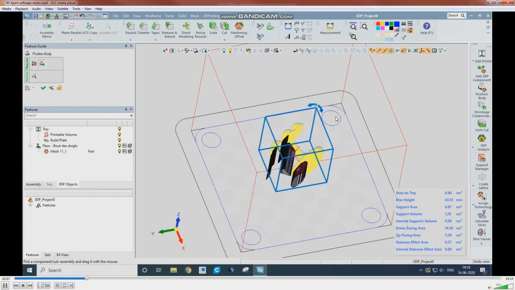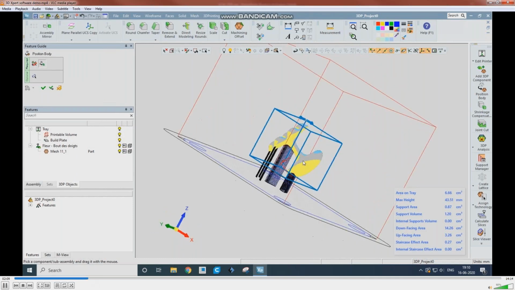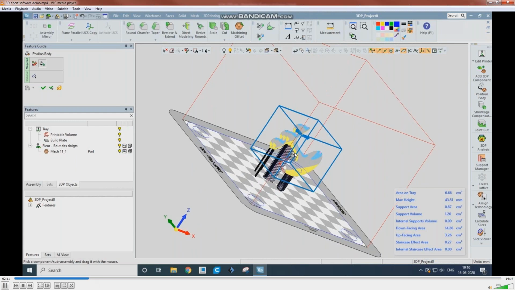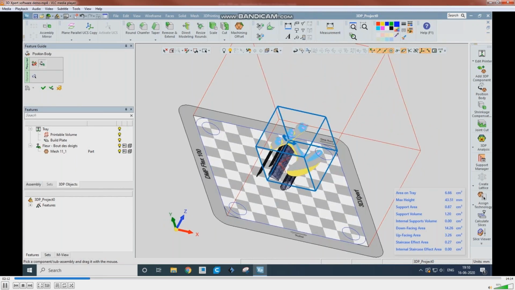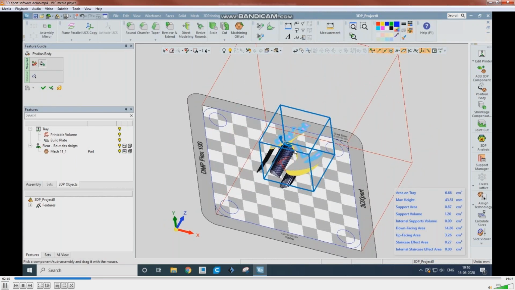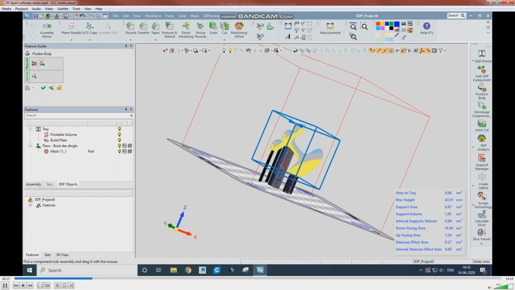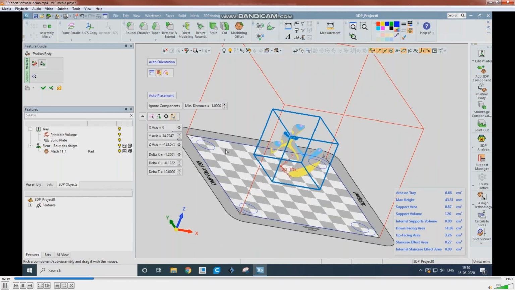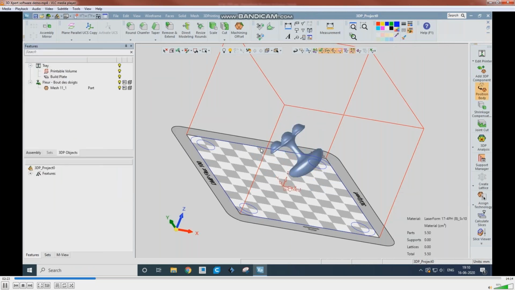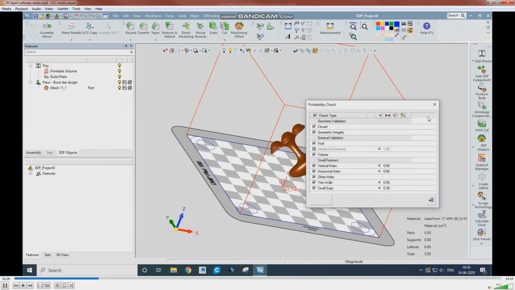Now a print preview of supports. Now shrinkage compensation. You see here part one, just one part only.